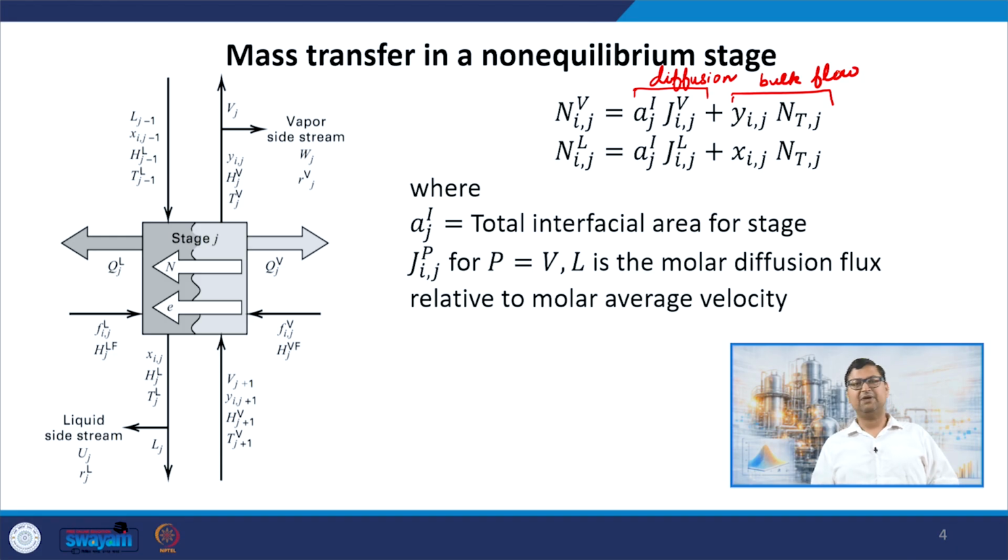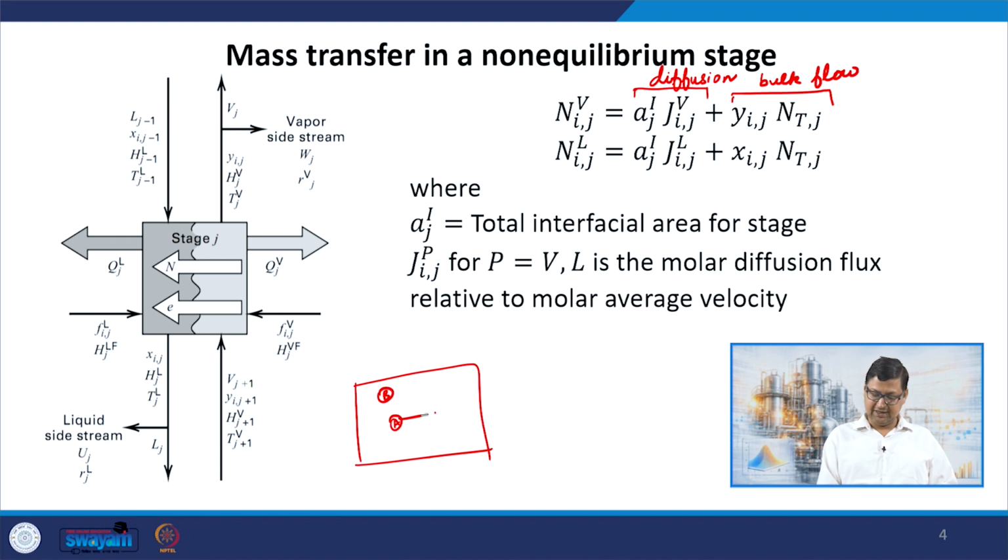What exactly do we mean by this, right? So, let us say for example, you have a mixture of A and B, right. So, now there is a possibility that A can move relative to B, where A is moving in a particular direction and B is moving in a particular direction. So, this is a kind of relative movement, or A and B